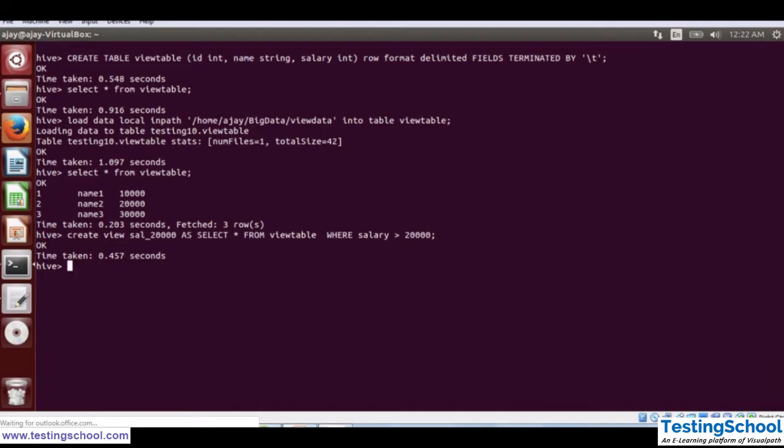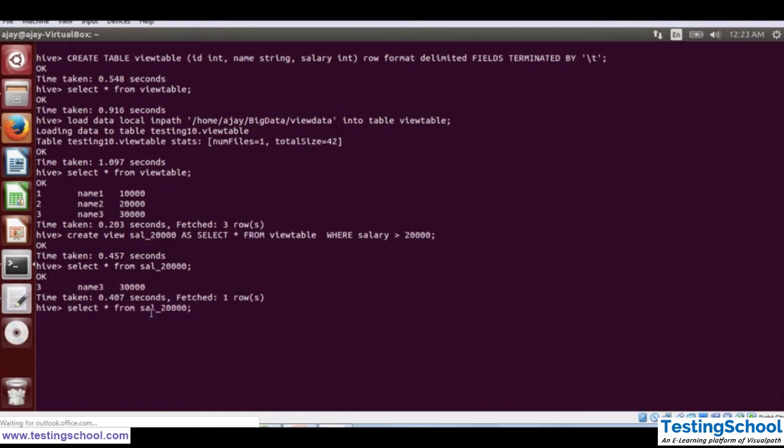Now you can execute your query on this particular view. So select star from sal underscore 20,000. If we execute this query, it should return only 30,000. Now you can see it is only returning 30,000.